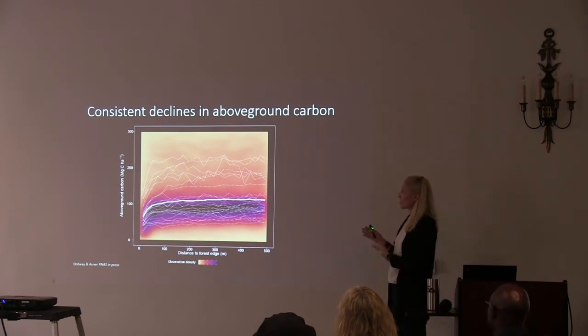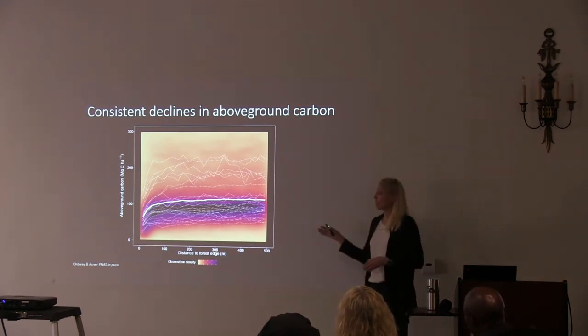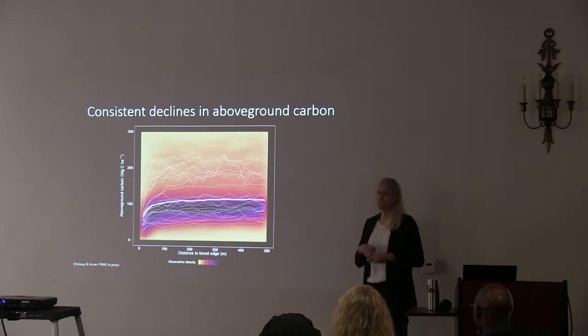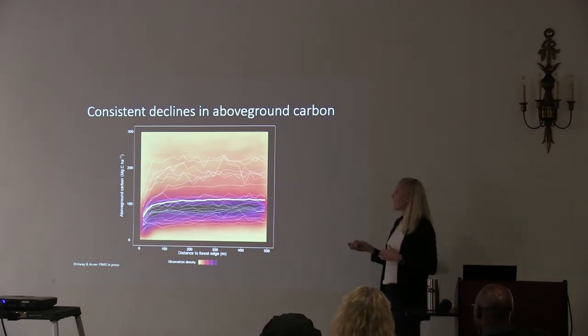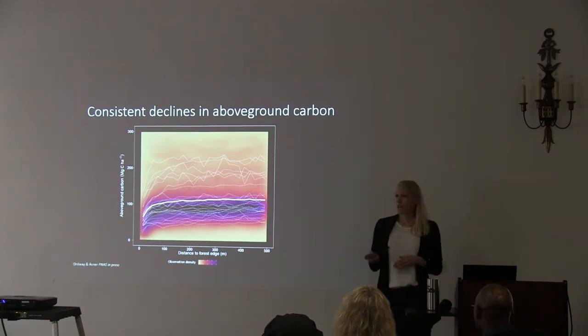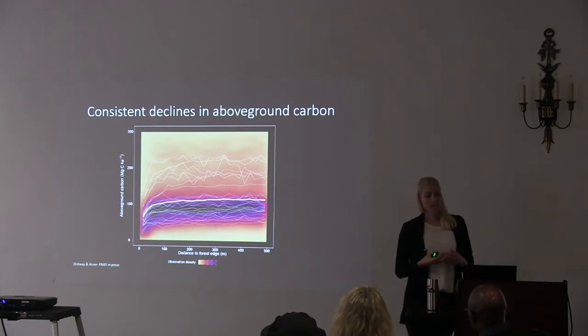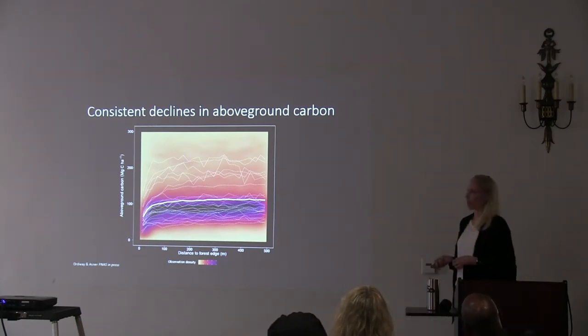So you've seen the results here for above ground carbon, and what I'm showing you here is above ground carbon, again, plotted as a function of distance to edge for each of the 27 forest sites. So the dotted lines are each of those sites, and then the thicker solid white line is the average effect. And what we found was that at all of these sites, despite differences in edge age and forest community, we saw significant declines in above ground carbon, which was surprising to me. I thought we would see it in some locations, but not all.